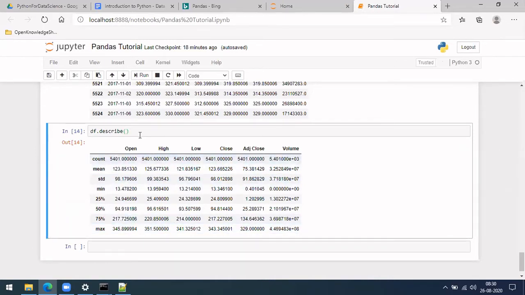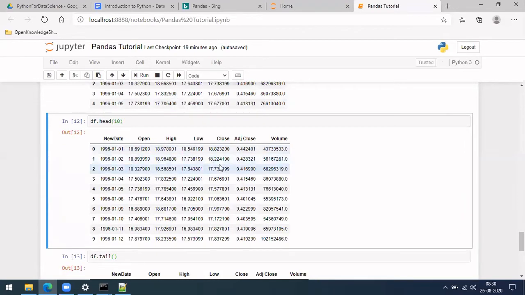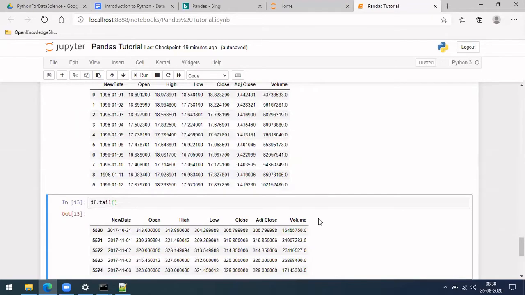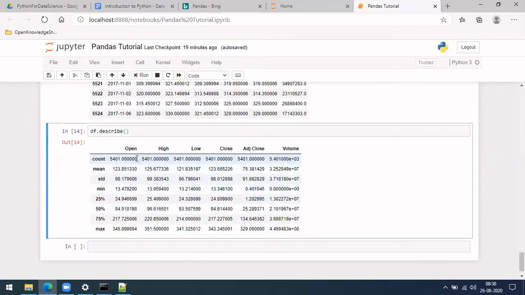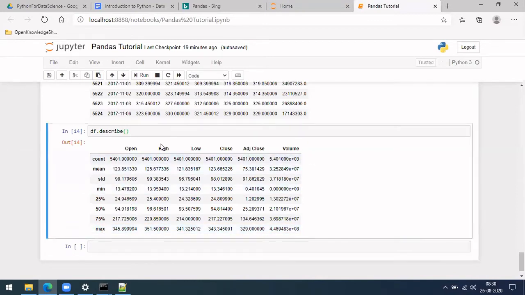dot describe. So dot describe actually gives you this. The data set only contains numbers and dates. In case there are any strings in one different column, doing dot describe will omit those things. So it will only give for numbers. Okay. So it doesn't make sense to give min and max for a string, right? So it will omit such kinds of columns. Okay, this is about describe.